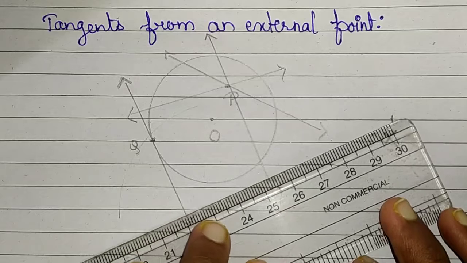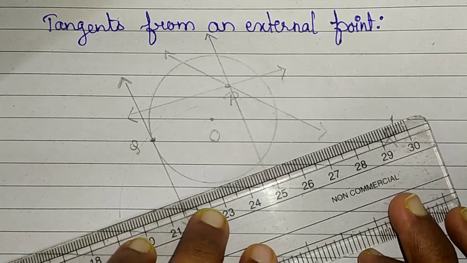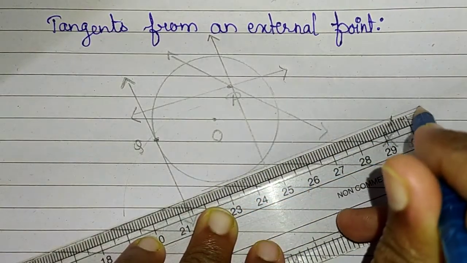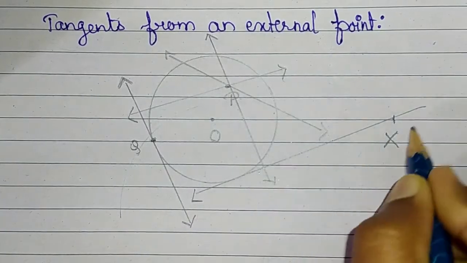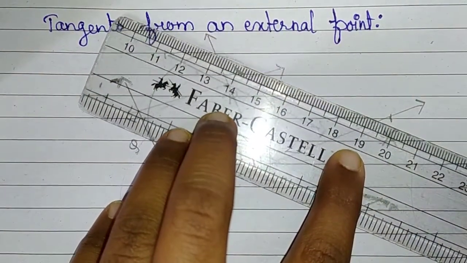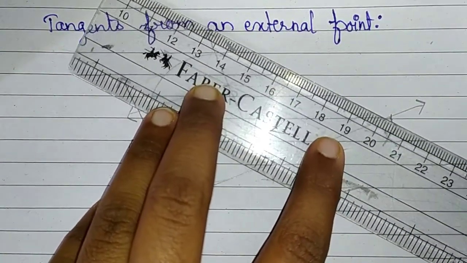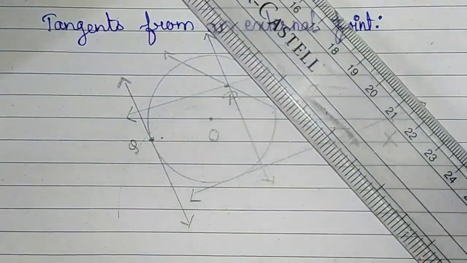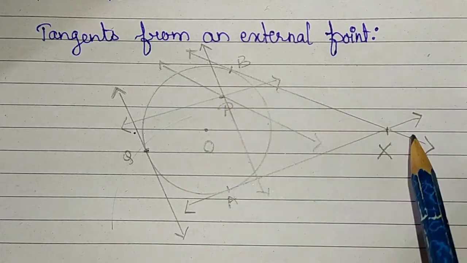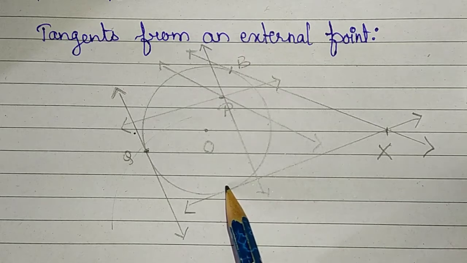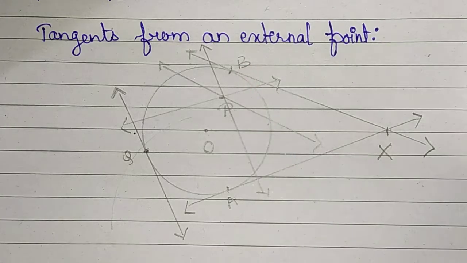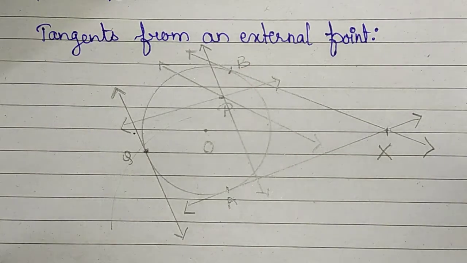Now if we were to draw tangents to the circle passing through X, then if you look here, this is the first tangent, and let us see whether we can draw any more tangents passing through X. As you can see in the figure, from an external point X, two tangents can be drawn to the circle, and here in my figure they are meeting the circle at point A and point B. So now let us summarize our 3 cases here.